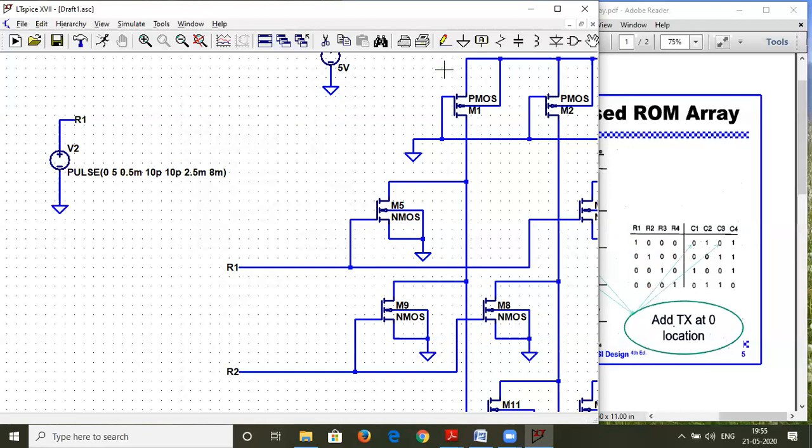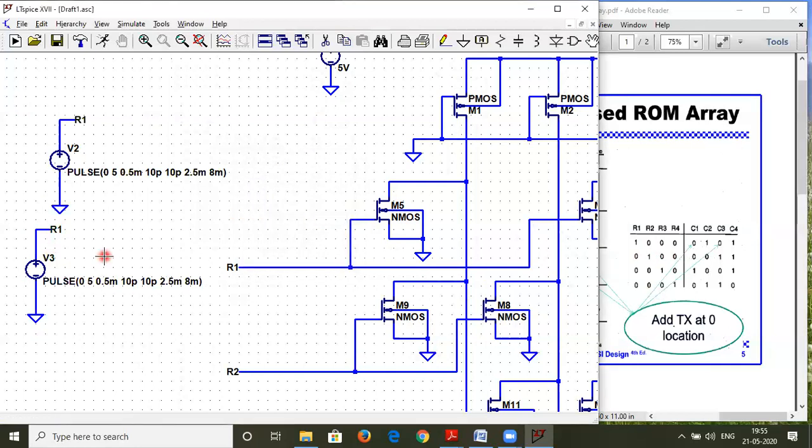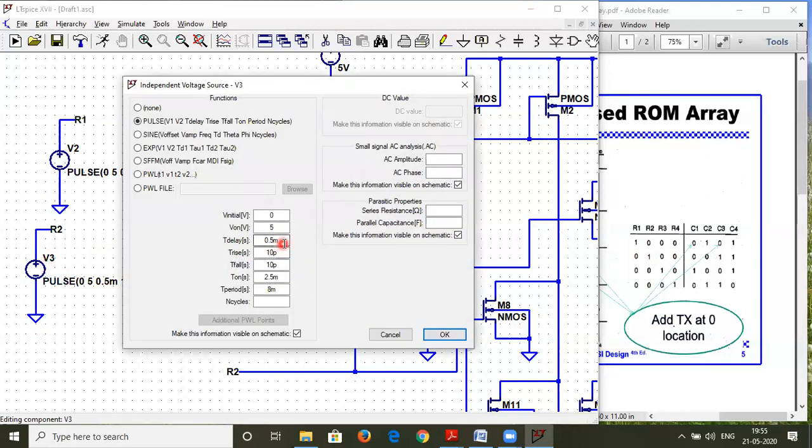I will quickly prototype it. Yeah, this is the second, this is R2. So R1, R3 and R4 should be independently 1. So this I'll now give as 0. And earlier I had given it as 2.5.